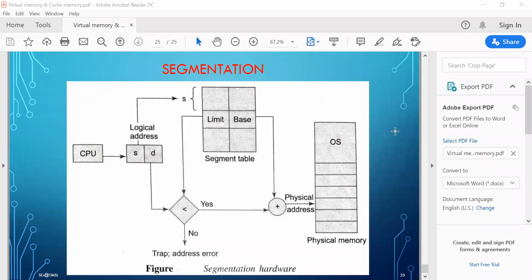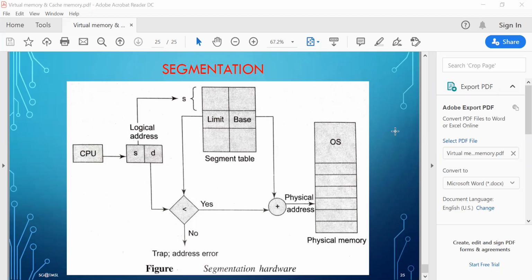Sir, but the frame number is unique. That means no frame number can be repeated for two different pages. Frame numbers are fixed and unique. Page numbers are also unique. But the size of the space inside a page or inside a frame must be equal. Only the numbers are different.